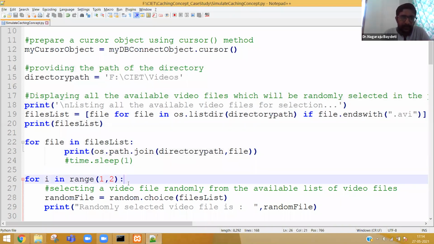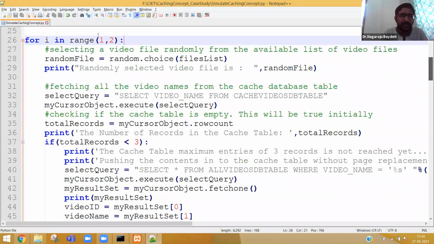After that, you can see in line number 26. In line number 26, it looks very strange. How come range 1, 2? What is range 1, 2? Basically, this loop will execute only one time.